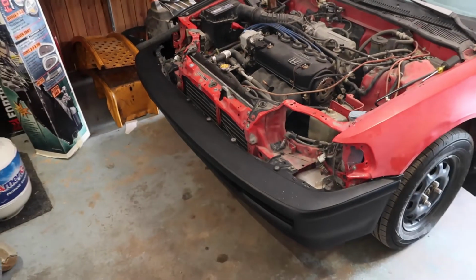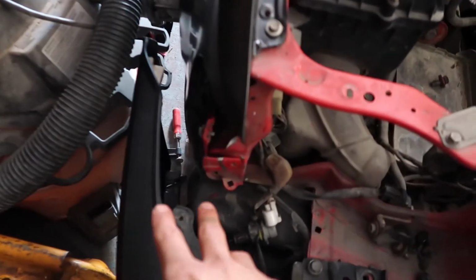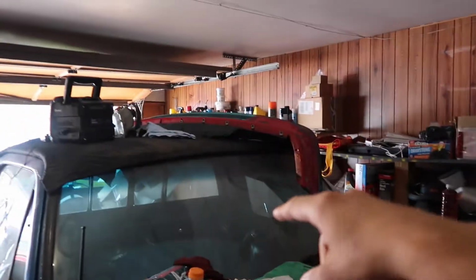Another thing I've been doing is still looking for OEM parts for the hatch, because this bumper that I got from Certifit is just too big. I think they gave me a sedan one, because on this side I have it flush up with the fender, but then on this side it just has a massive overhang. So I think the place just messed up and gave me a sedan one, but luckily I found a guy on Facebook, the only guy in the whole area, but I was able to get the bumper off of him. He had it on a SI shell as well. So I got the bumper, and he was